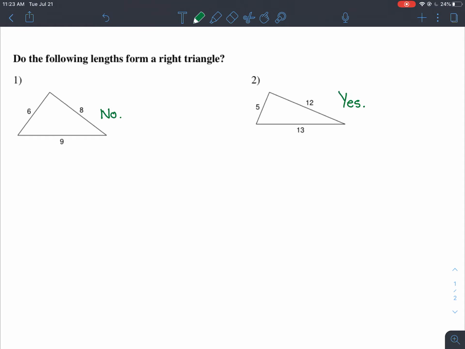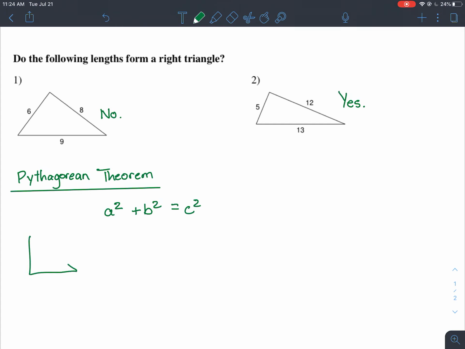Now, I'm sure we've all heard it before, but the Pythagorean Theorem, if we need a refresher, basically amounts to a squared plus b squared is equal to c squared. Now, if we have a right triangle,